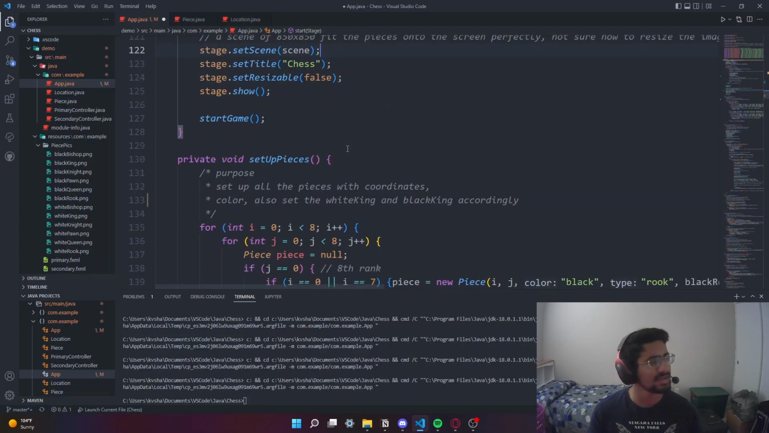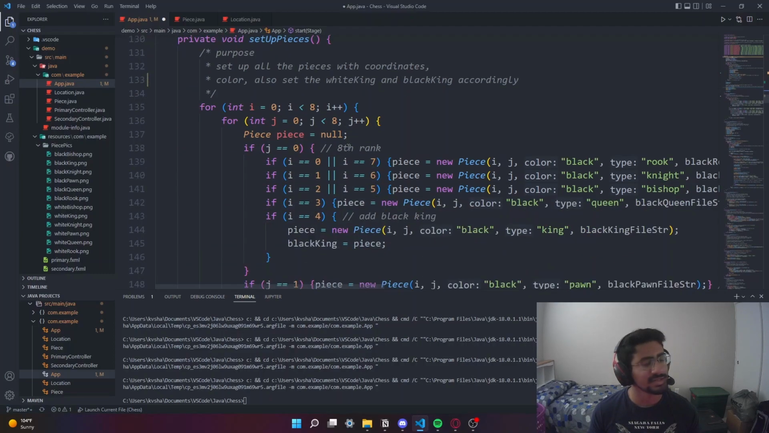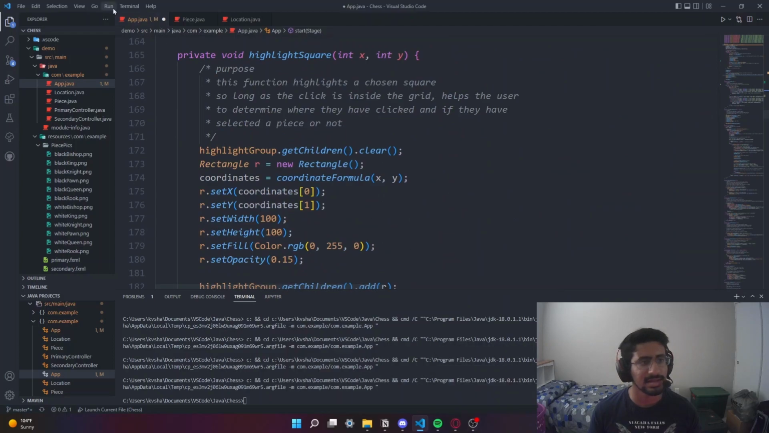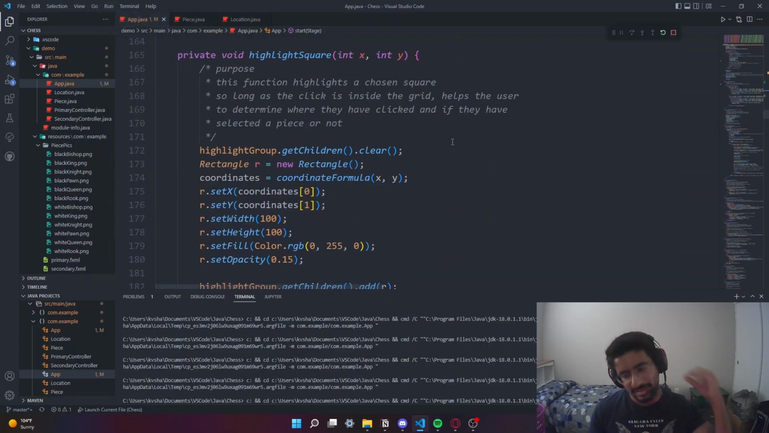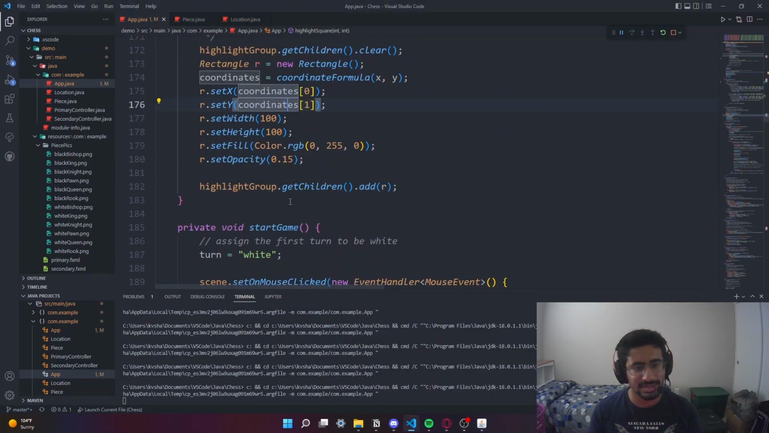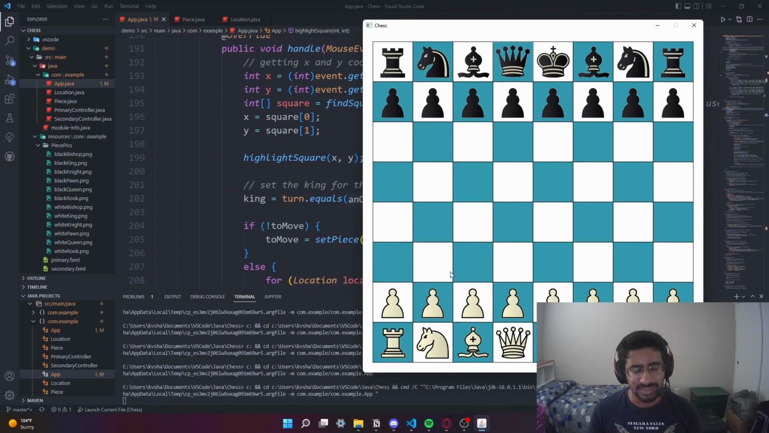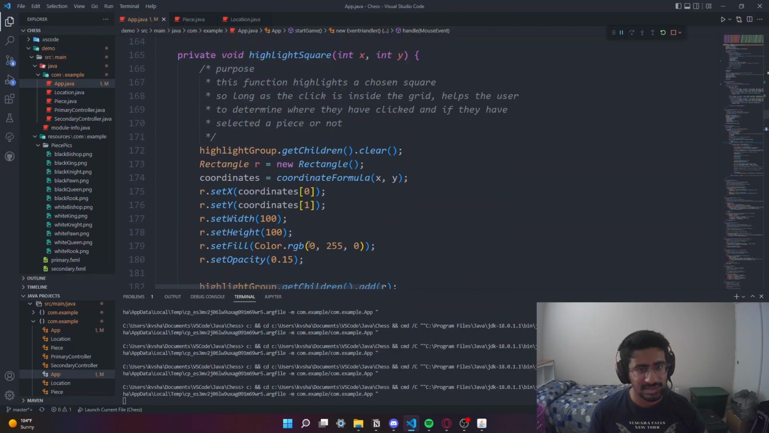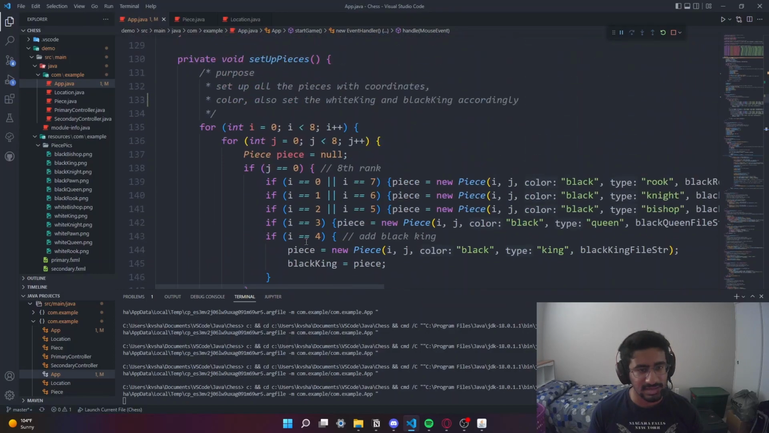If I were to say, what was it? Actually, it's just because of the coordinate formula that the certain piece goes there. Because of that coordinate formula function that I made, our image here is going to be put right here. So for example, let's say instead I said